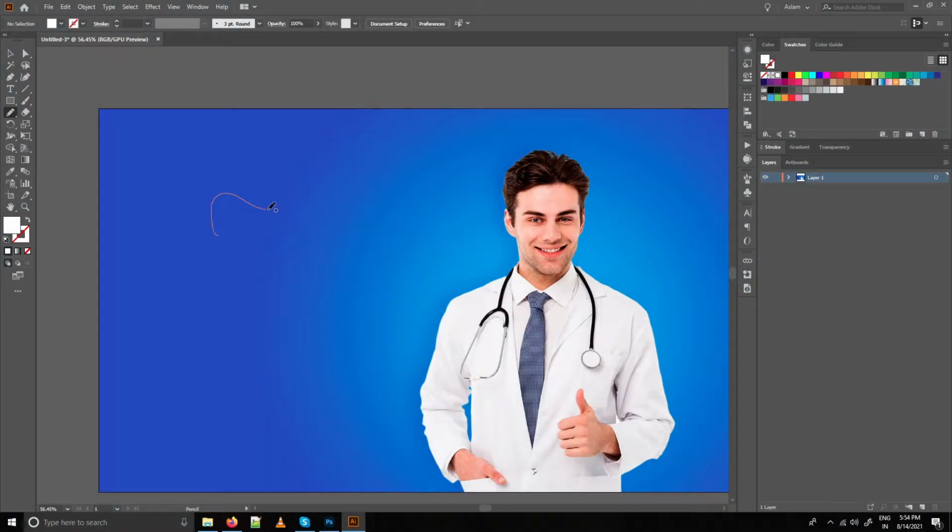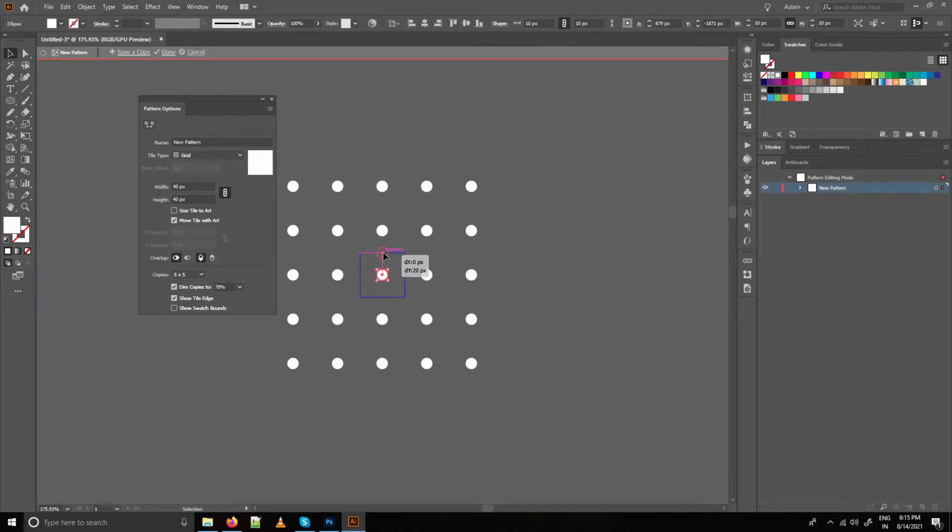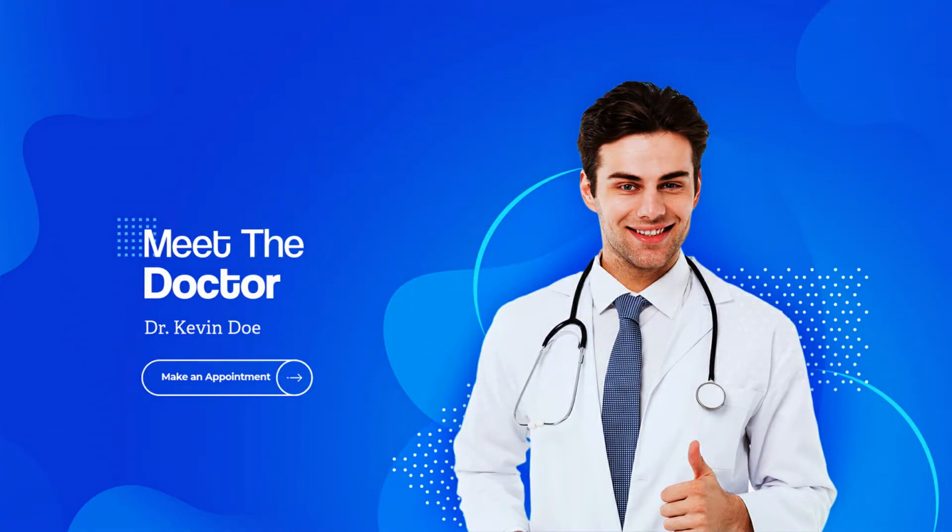Later we will explore how to quickly create these abstract shapes on background and modify them with single click rather than struggling with pen tool to figure out where to place anchor points or curve handles. And at the end, I will teach you one of the best techniques to create this repeated circle pattern inside Illustrator. So we have lot of things to cover. It is going to be quite exciting tutorial.